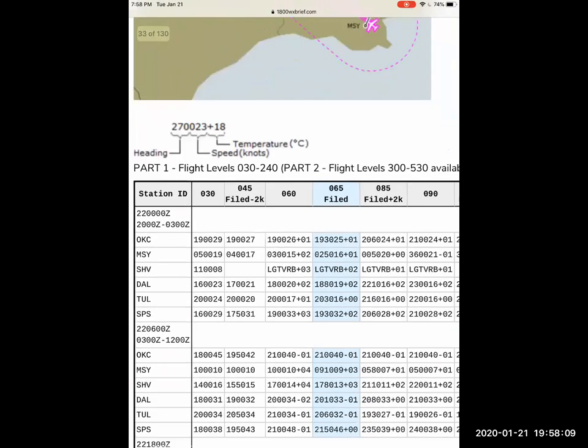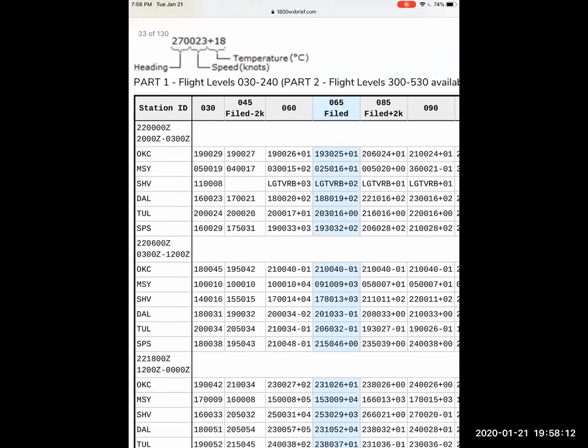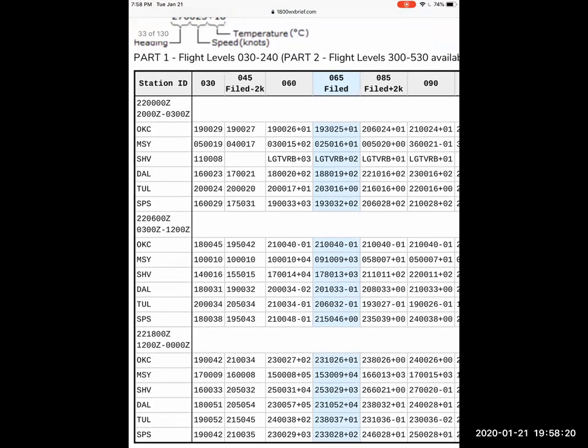But we can also see that textually depicted here. Over on the far left-hand side, you can see that there's a station ID, but also the applicable times. So in this case, the applicable times are depicted here. So this was created or valid at 0100 Zulu for the 22nd, but you can use it anywhere from 2000